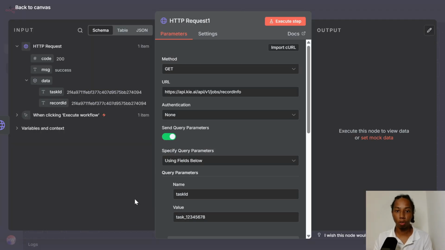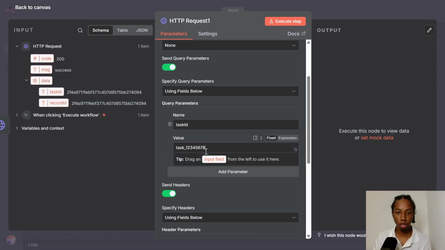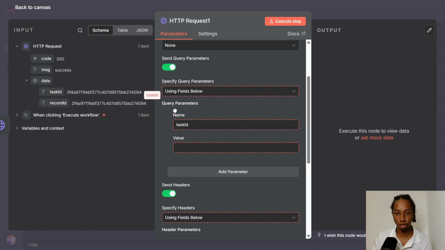Okay, so similarly as before, we can see that the curls automatically filled in the fields, but this time we can see that there's a task ID section here, and then there's a task value, and the task value is basically just saying what kind of requests we want to receive back from the platform. And so next, what we're going to do is we're just going to remove the value here, and because we've generated a task ID from the previous execution, we're just going to drag that into here,